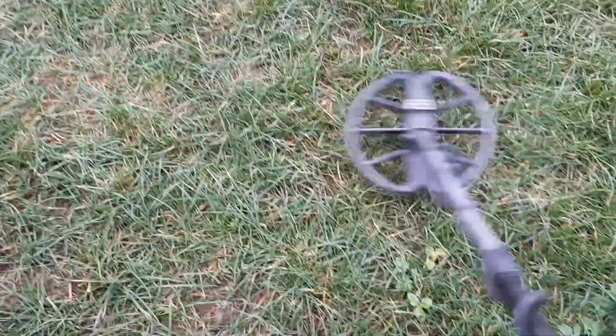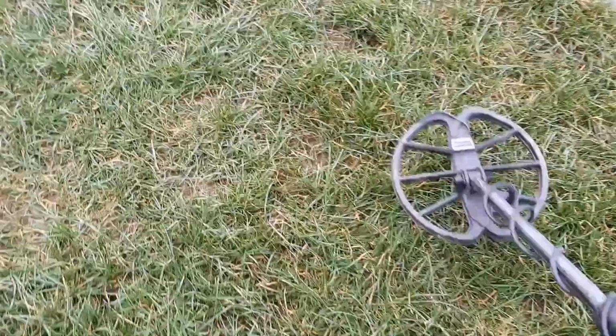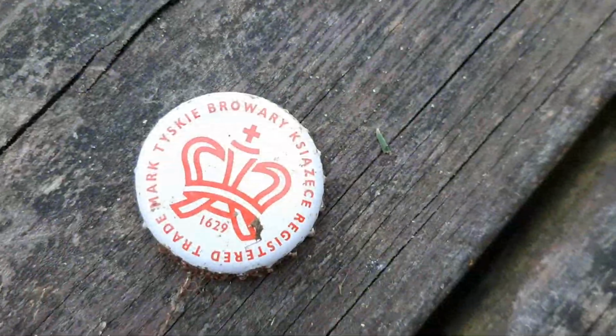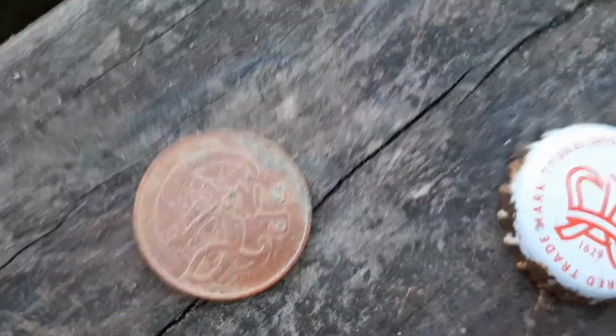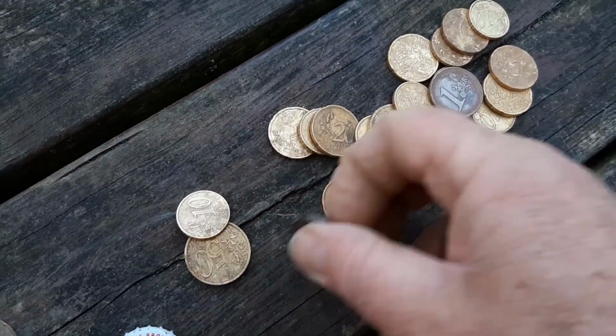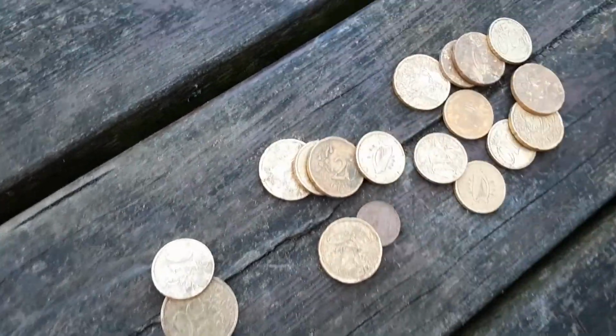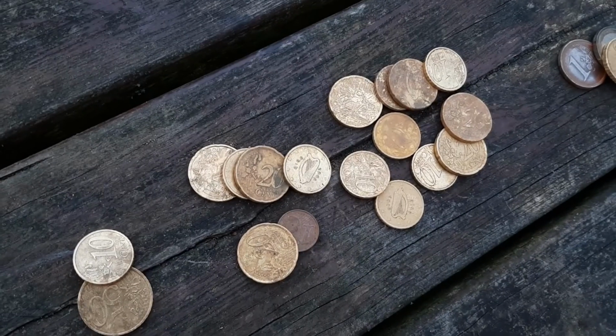This is the last target for the day and the last hole. Okay, so let's get it out of there and see what it is. So there we go. That was our final target for the day. There was our 2p we found just before that. And then it wasn't a totally unrewarding day. There we go. Those two are going to go and buy the Euro Millions ticket right now, those 3 coins. And then I've got all of those to chuck into the